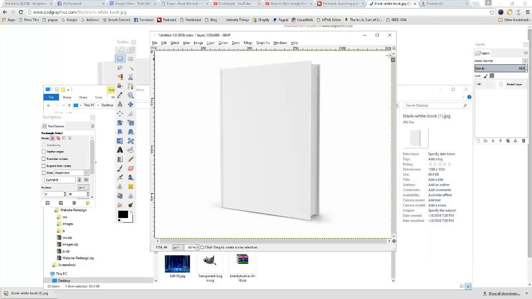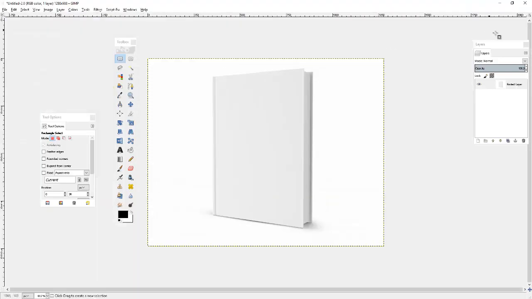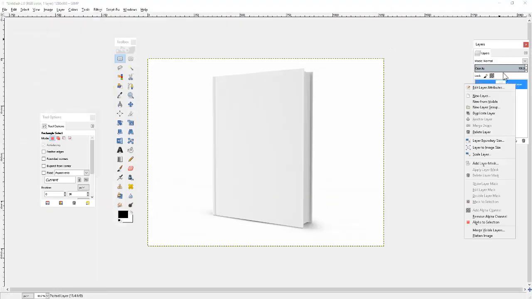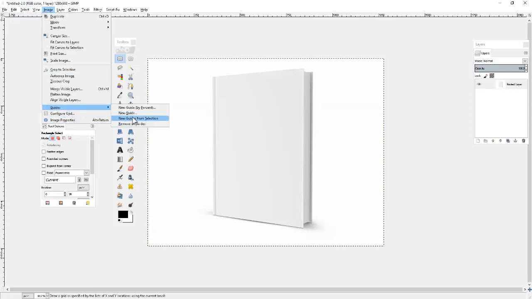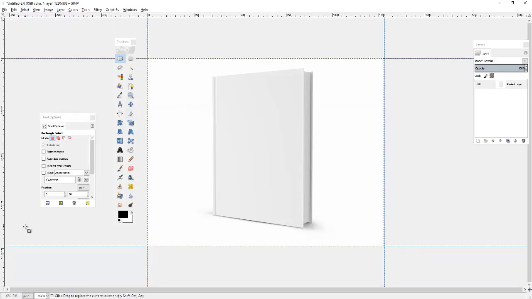Okay, so let's make this bigger. Now we're going to do the same things that we had done in the last window, so we'll go select all, image, guides, new guides from selection. Okay, so now what we need to do is we need to add